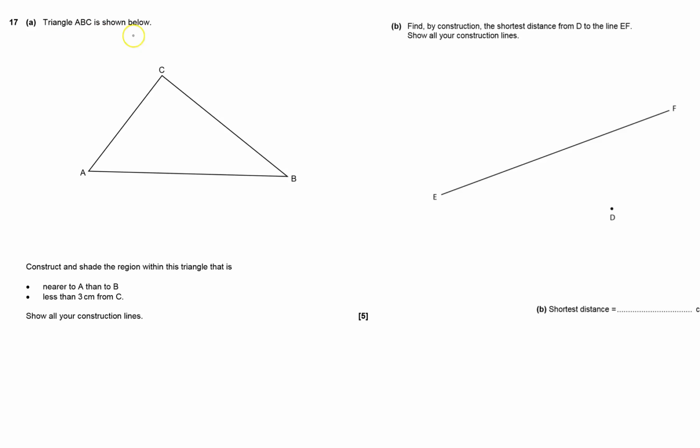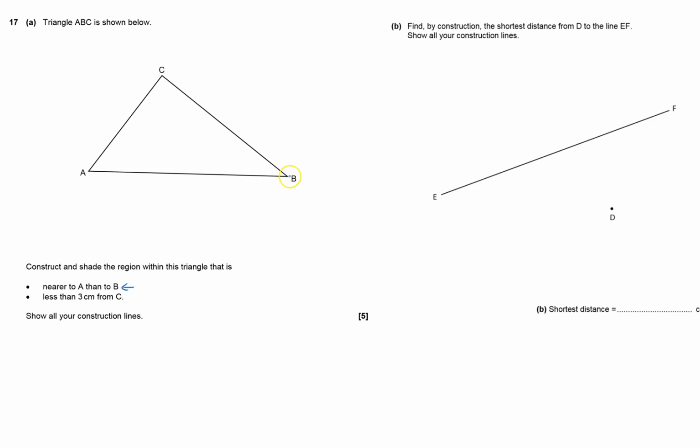So 17. We've got a triangle shown here. There's no scale. Construct and shade the region within this triangle that is nearer to A than B. I'll do this bit in blue. What we're going to do is find where it's exactly the same distance from A to B. So it's going to be somewhere on this line here, which means I'm going to need to construct a perpendicular